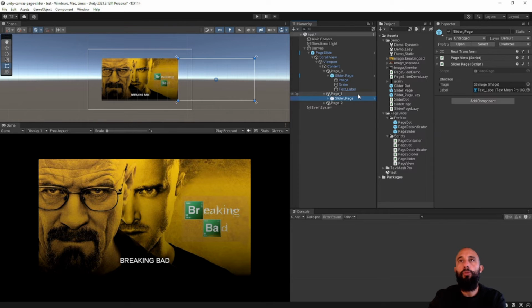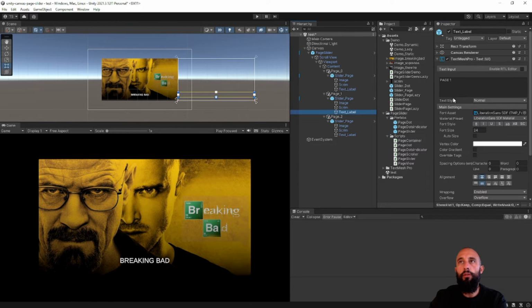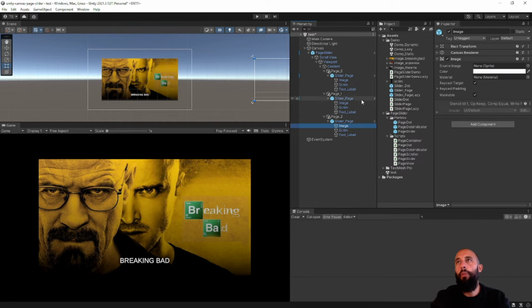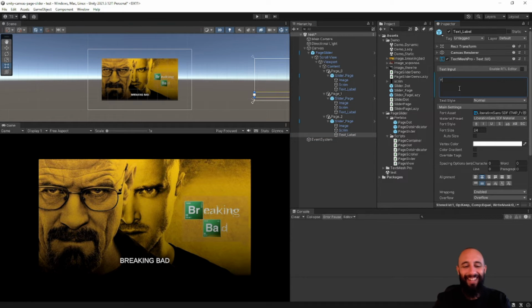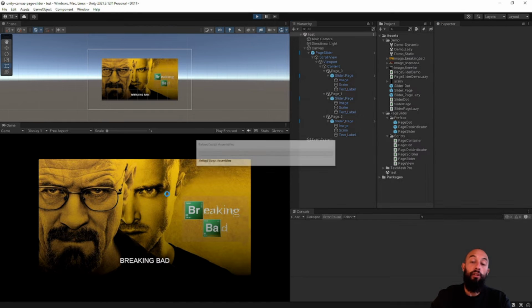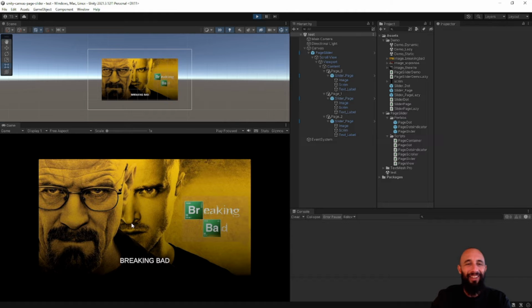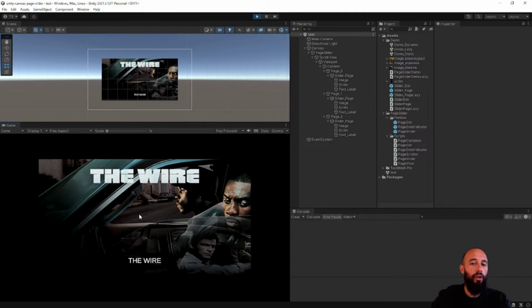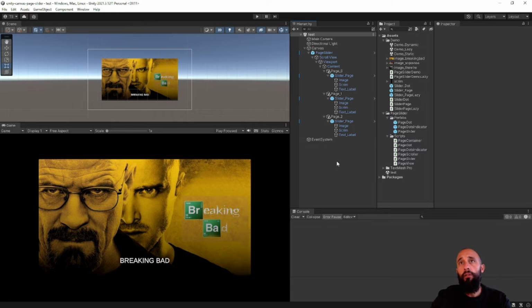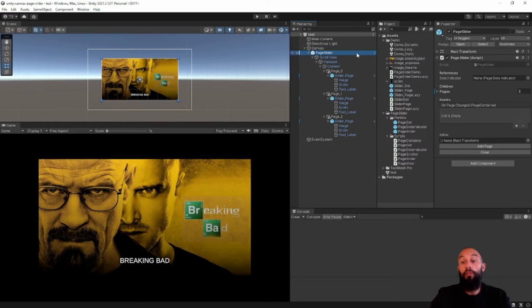this to the text. I'm just going to recreate what we have there, and you can see that in a few seconds you can have a page slider working. So not a few seconds, maybe a few minutes. And The Wire. Basically, these are like the best TV shows out there. So Breaking Bad, The Sopranos, and you have The Wire, and you have an image slider. So this is how easy it is to create. At least I hope it's easy. At least when I was creating this, I think this is a really pretty easy workflow to create